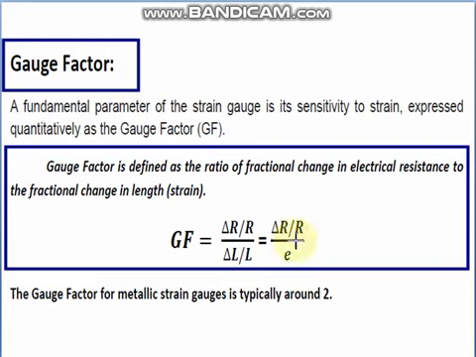For the designing purpose, we must know that for an applied strain, or for the change in strain, meaning del L by L, what is the change in resistance with respect to original resistance, that is del R by R. So for a particular strain gauge, this gauge factor is constant, and the gauge factor for metallic strain gauges is typically around